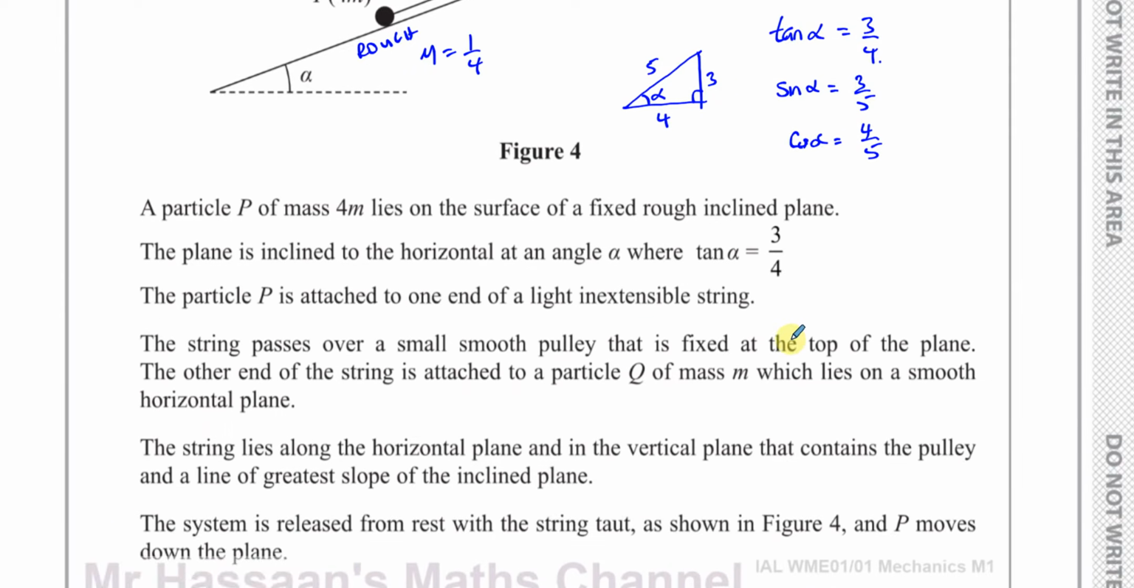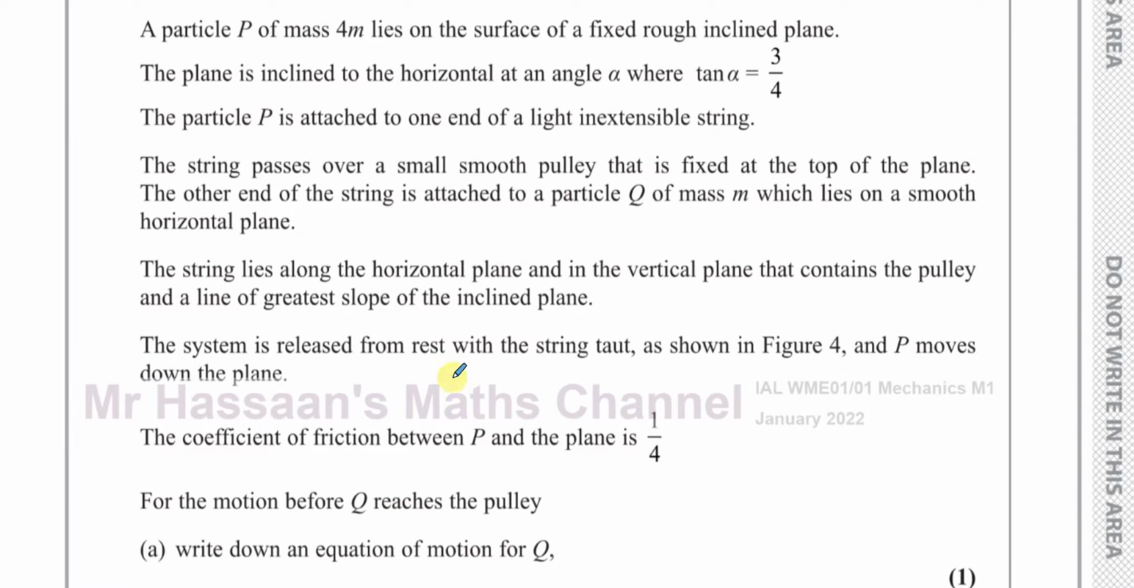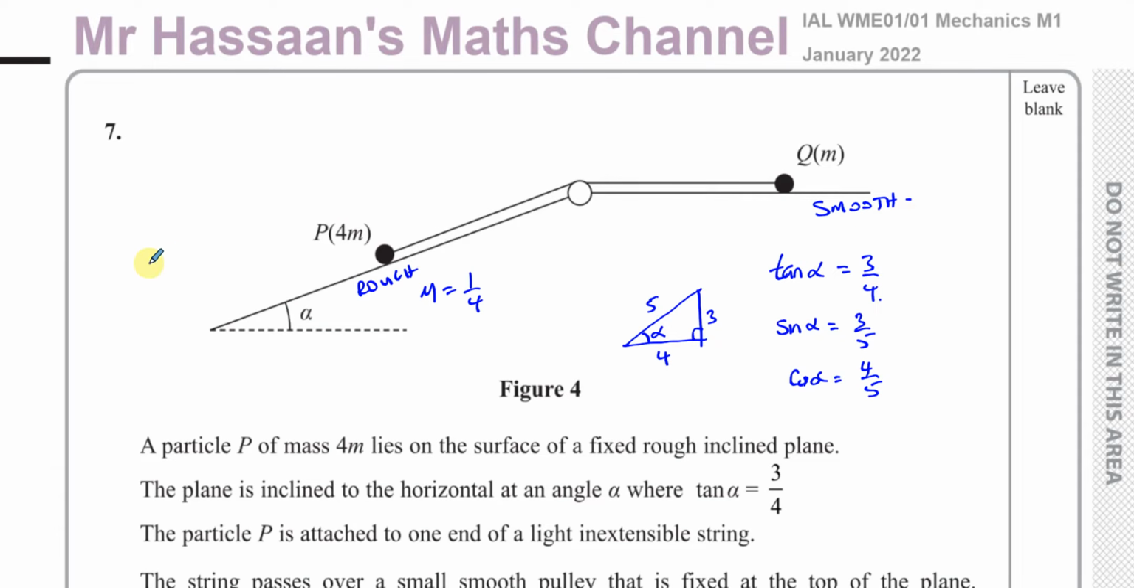That's one thing. Now the other thing is some people don't understand what it means by the string lies along the horizontal plane and in the vertical plane that contains the pulley and a line of greatest slope of the inclined plane. What does that mean? Well, if you were to look at this inclined plane from this angle, you would see, for example, a slope, and there would be a pulley at the top of the slope. And what it means is that this particle is